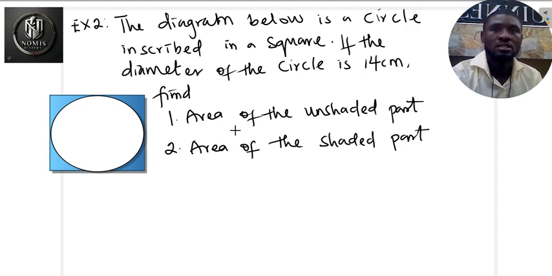Now to calculate the area of the shaded part, you know that we need to calculate the entirety of this shape. This is a square. If this is a square, it is as simple as that the diameter of this circle will be equal to the length of each side of the square, because the circle is touching each edge of the square, right? So the diameter is equal to the length of the side of the square, right? So let us calculate the